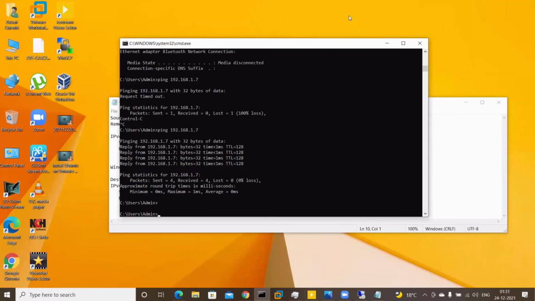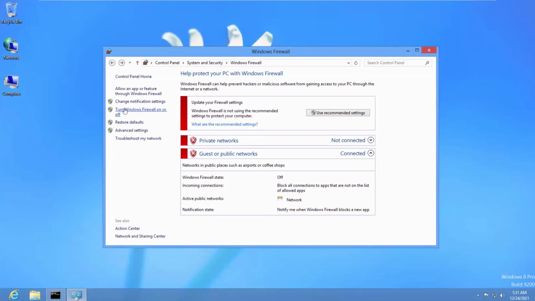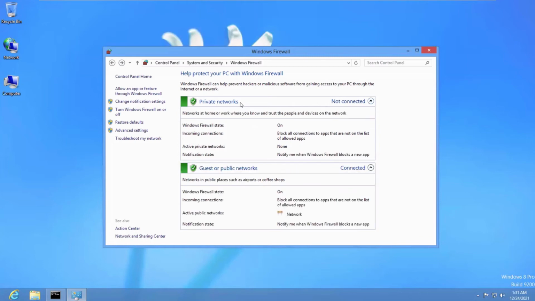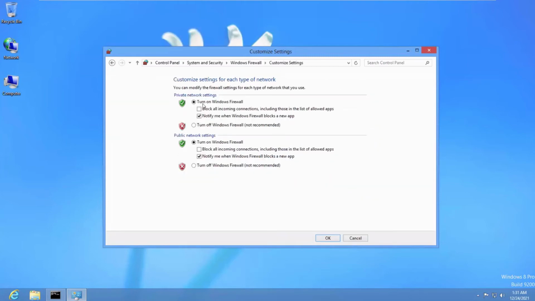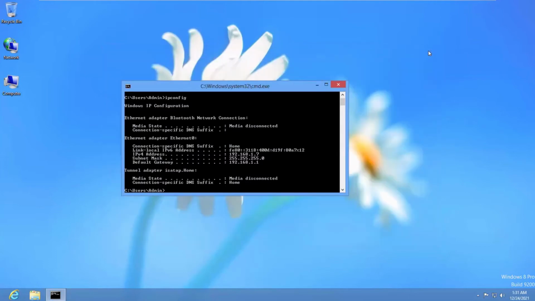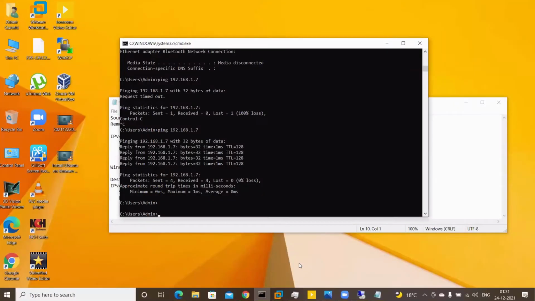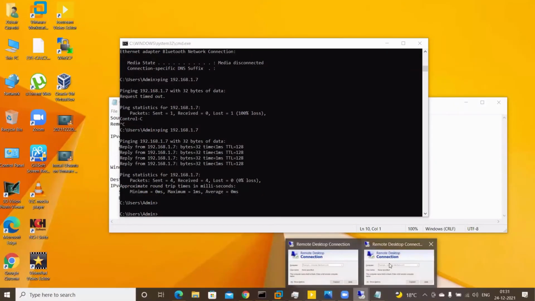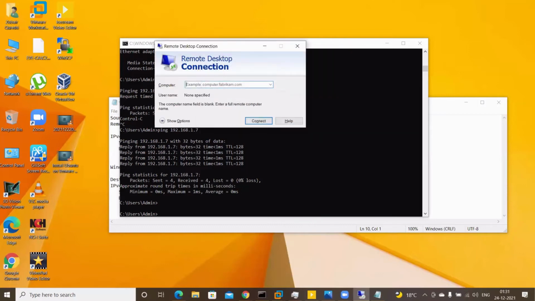Let's go to the Windows 8 PC again and enable the firewall. So my firewall is enabled. If you see, it's turned on. Now you know the connectivity is there, just that the firewall was blocking. So let's move back to the Windows 10 PC and open the Remote Desktop Connection application, and type in your IP address